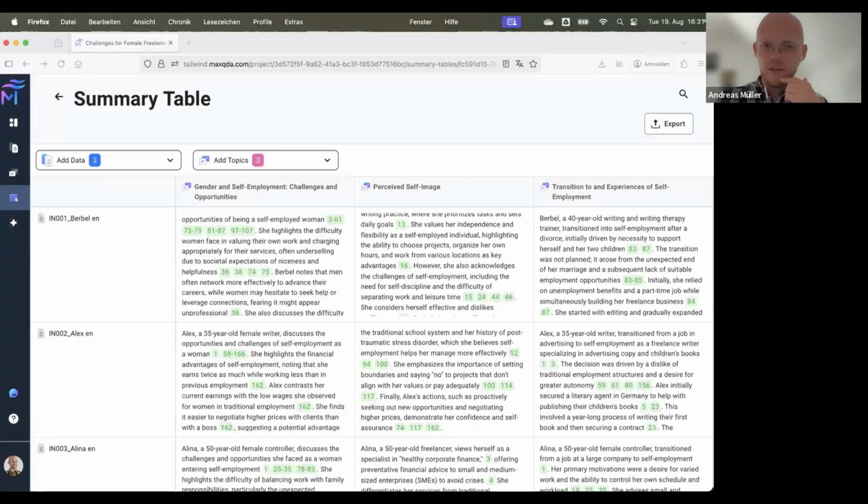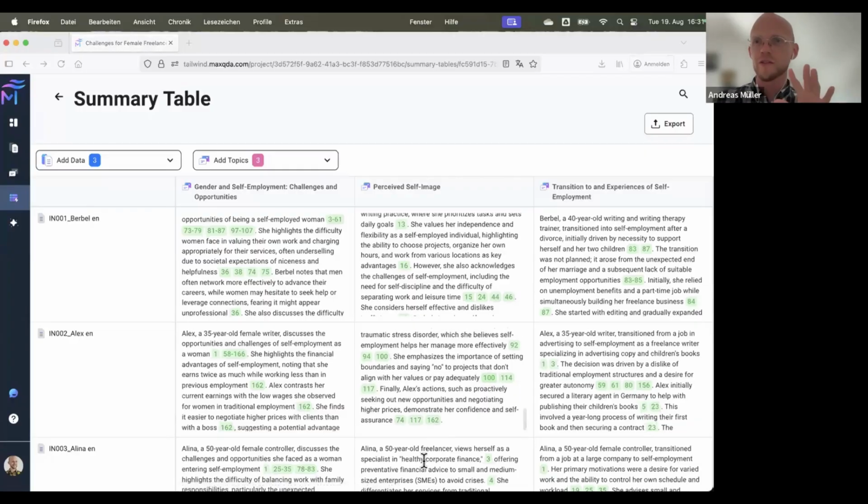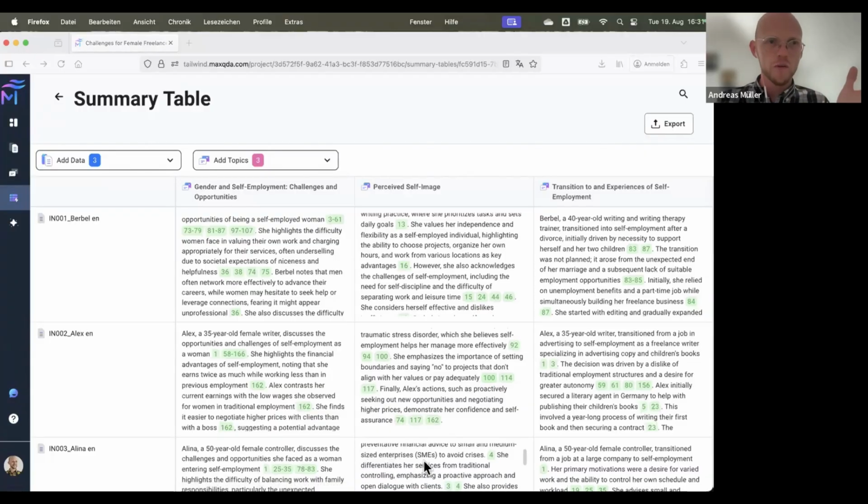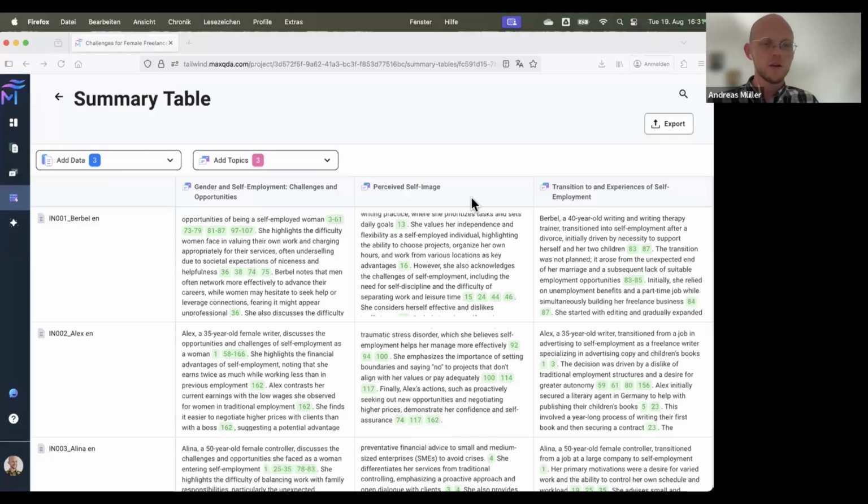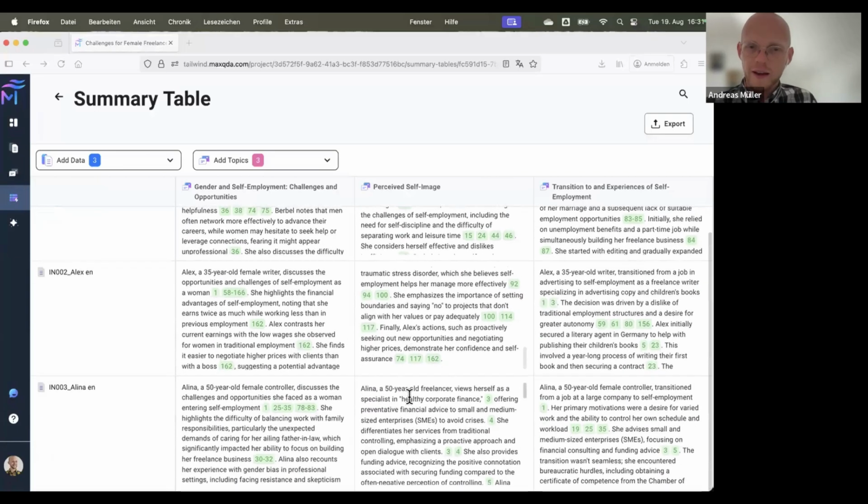Okay, let's see the third self-image, and then I release you from this table to show you the final features, and then we can discuss a little bit about what this means and also go back to the other questions. Alina